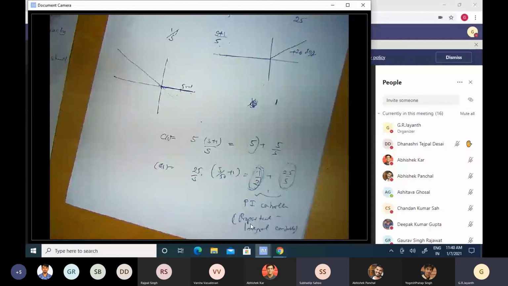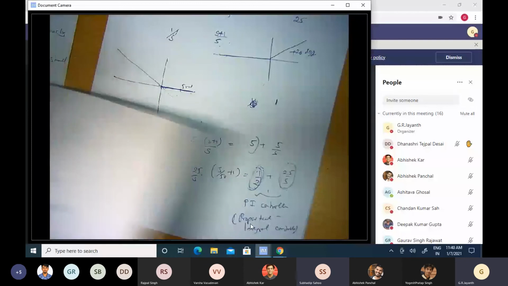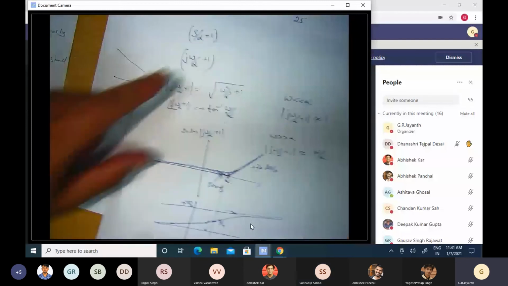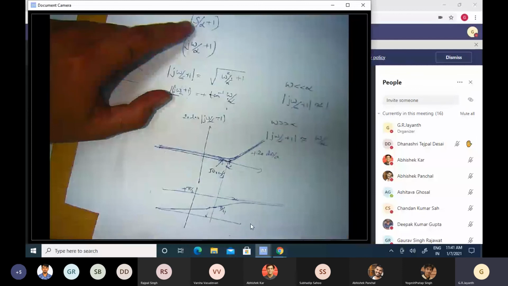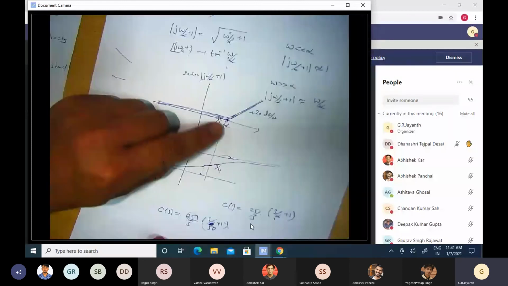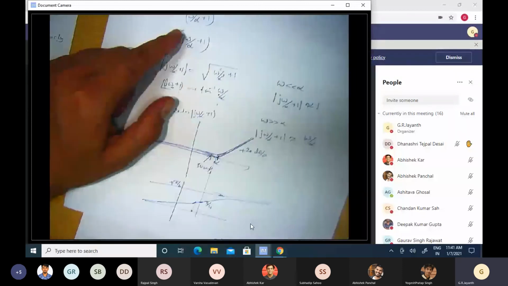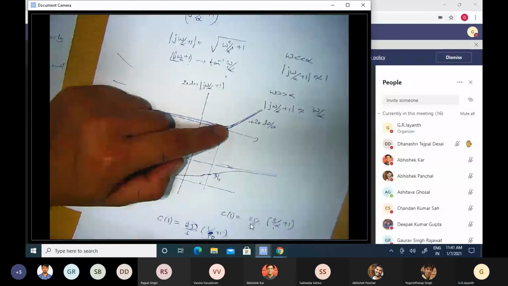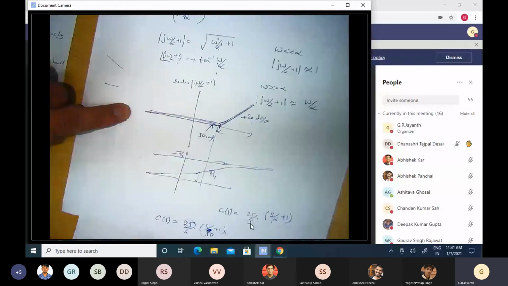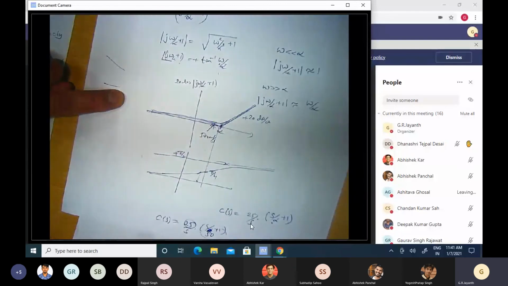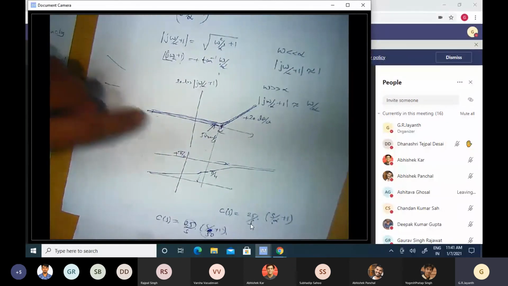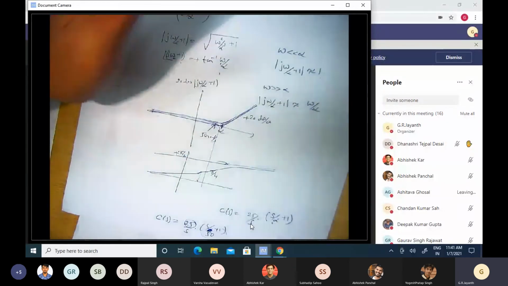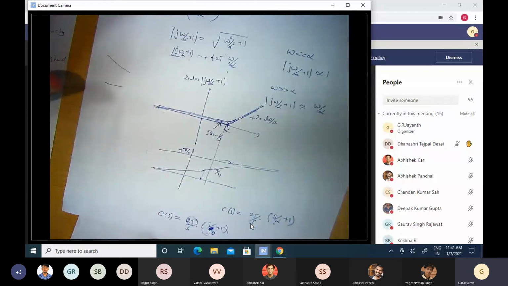So we took a term of this kind, and what we noticed was that around the corner frequency of this term, S by alpha plus 1, I get a phase boost of 45 degrees, but without any change to the magnitude, because the magnitude plot remains around 0 dB for frequencies less than alpha, and for frequencies greater than alpha, of course, there's an increase in the magnitude, which we shall not worry too much about.